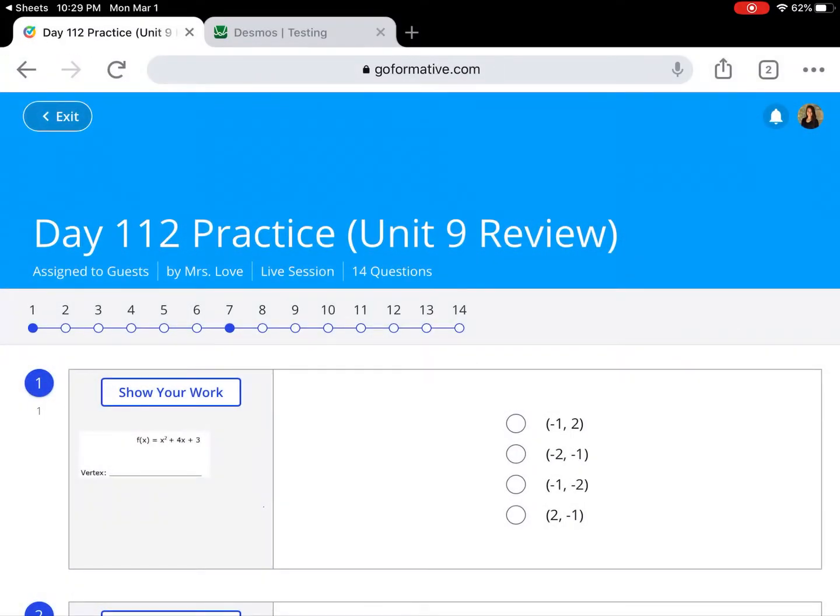In this video, we are going to work through the Unit 9 test review. So you guys can find this test review in your packets or you can find it on GoFormative. We're going to go through and make sure that you guys can go through this test review so you're successful